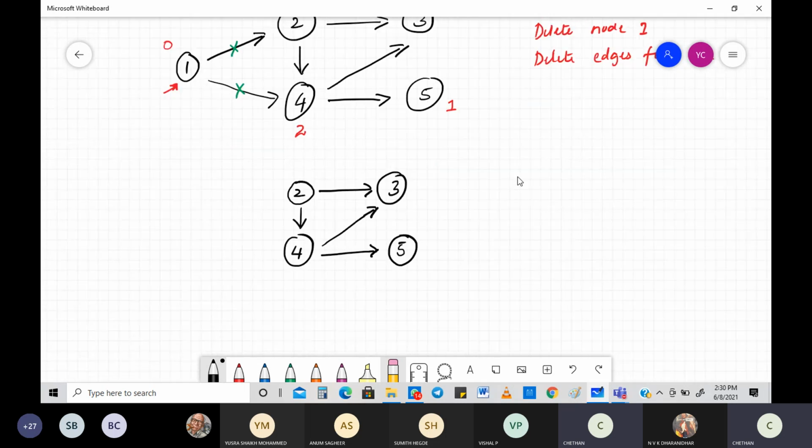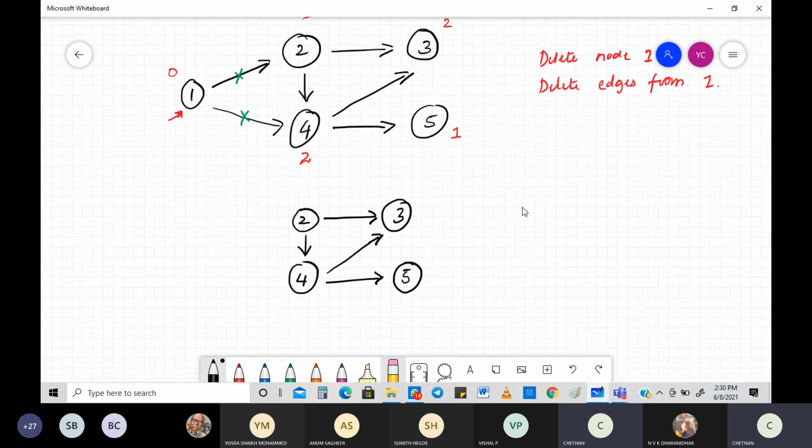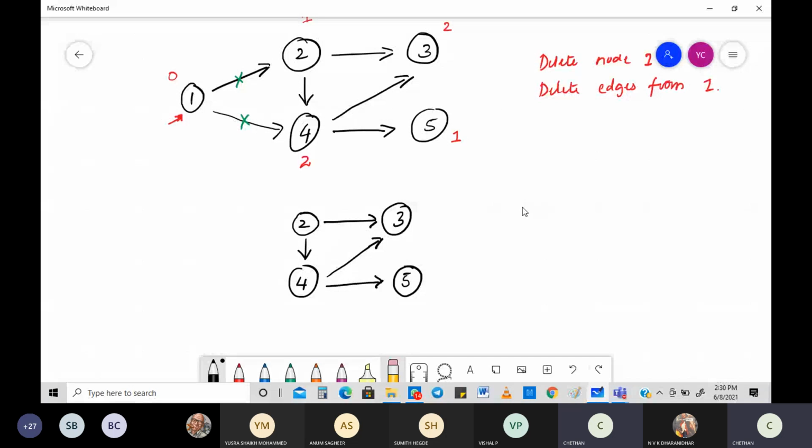Okay, now you see the next step. What's the next step? Again, you need to figure out what is the in degree of all these things. See, it will change. Please keep that in mind. It will not be constant like that. Once you delete a particular node and particular edges here, the in degrees will change. So that's what I'm going to do now. When you take 2, what is the in degree of 2? 0.